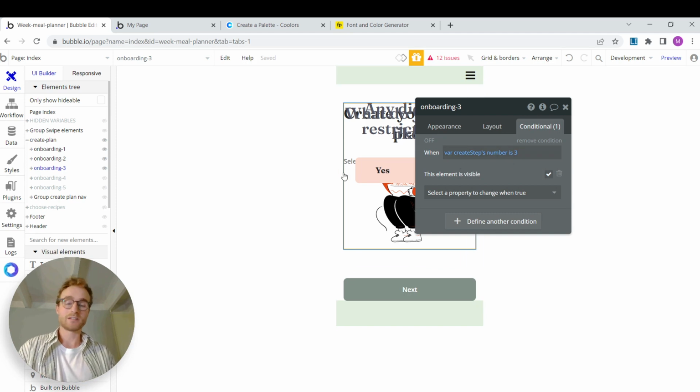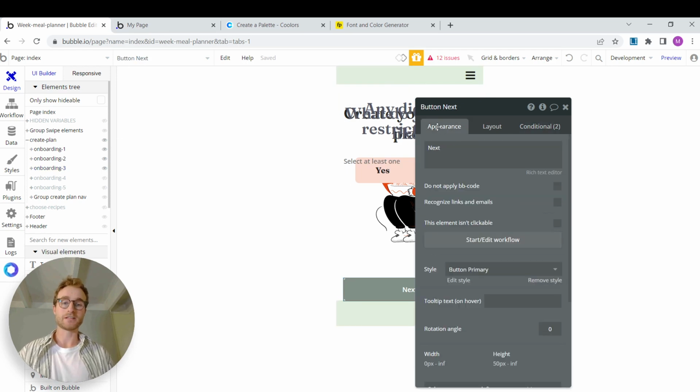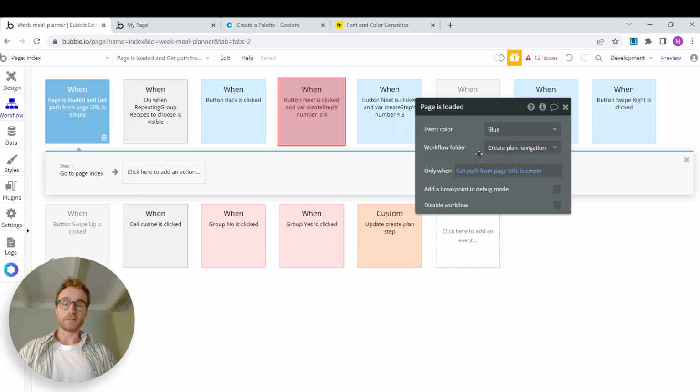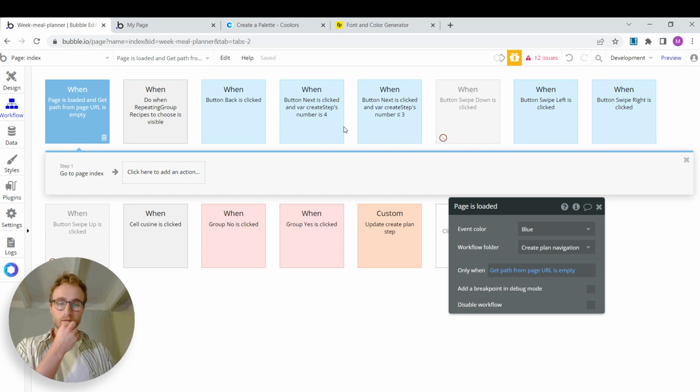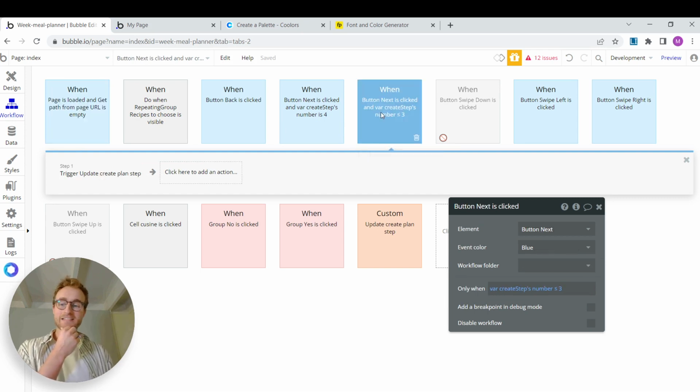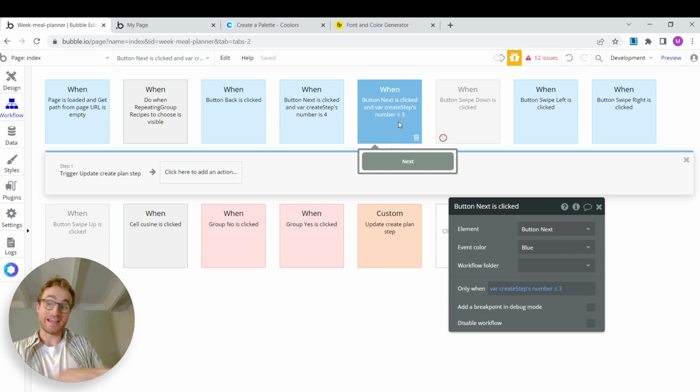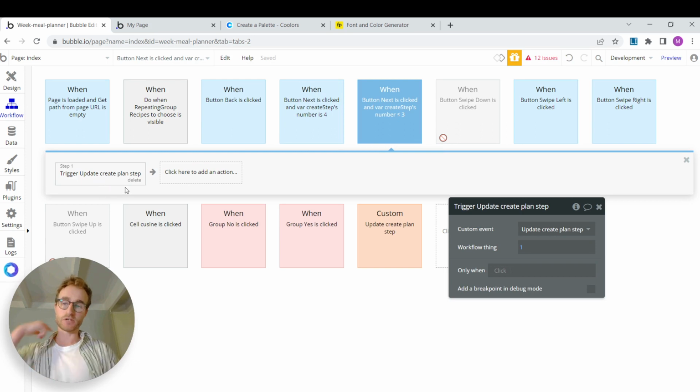If it is, then I'll be displayed, and if it's not, then I won't. And so this works great. And then, of course, as you might expect, this next button, basically, if it's less than a certain number, which is going to be the trigger to exit this onboarding flow, which I'll get to in a minute, then I am triggering a custom event,